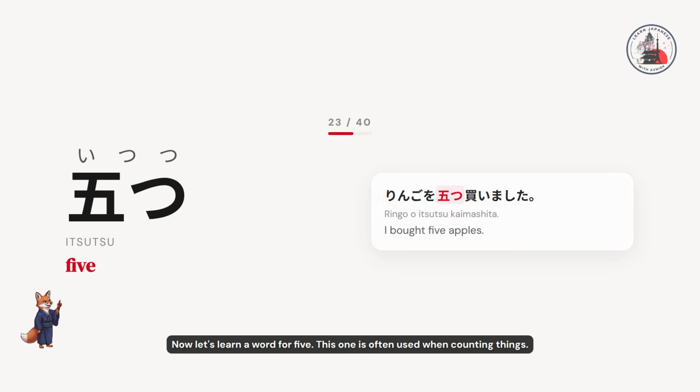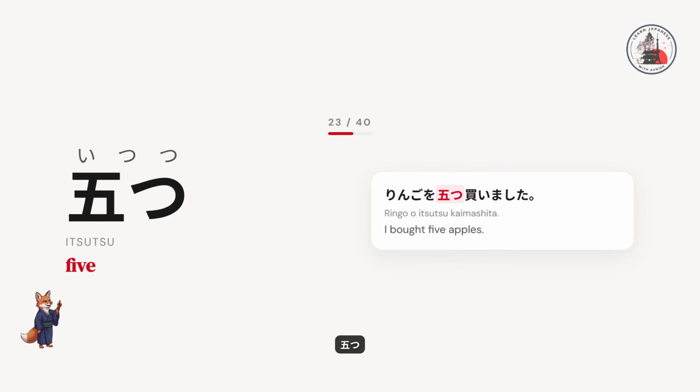Now let's learn a word for 5. This one is often used when counting things. itsutsu、itsutsu。 Here's an example sentence. リンゴを5つ買いました。